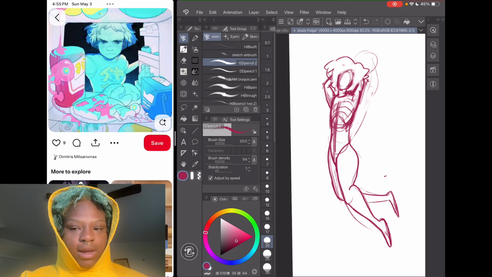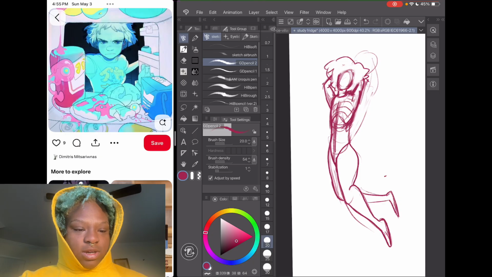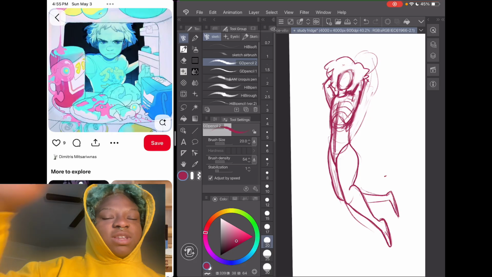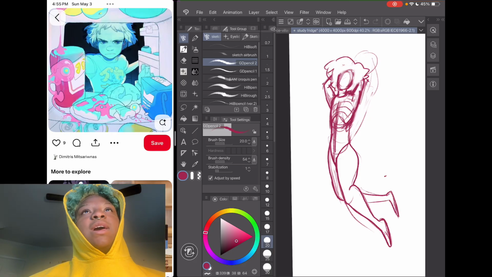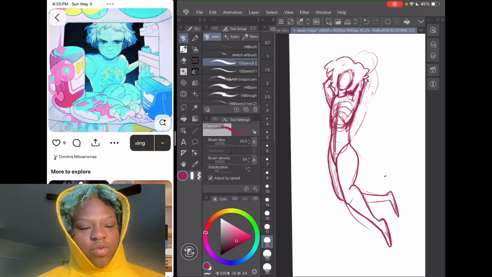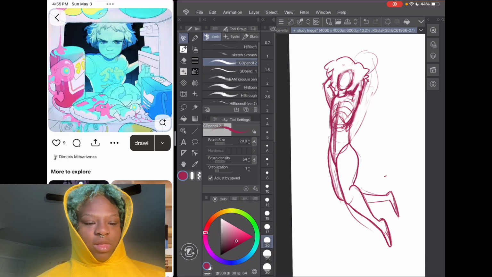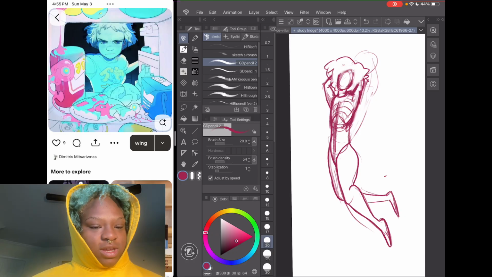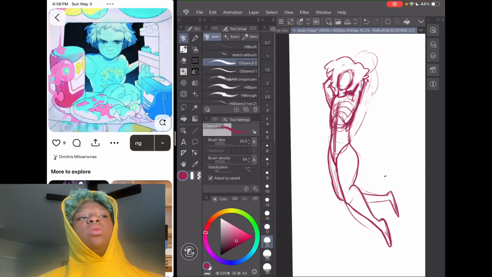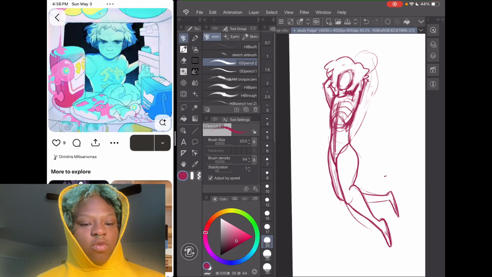And I am so obsessed with this character design. I feel like as a black woman, the representation in art is just not always where you want it to be, especially with cyber or sci-fi stuff. But I love when artists do include us, and obviously I can do more of that myself. But I did talk when I was recording live with this, I did talk about how it was hard for me to